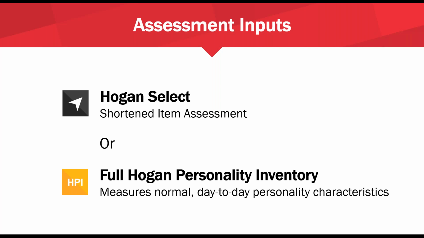So if the organization's also using Hogan for looking at talent promotion, the individual is going to need to reassess if they have a full standard Hogan profile set up for that supervisor role. Some organizations don't mind that approach, because the incumbent trying to promote feels like they're given a fair shake. Other times organizations say, because of the way we use assessment throughout all of our hiring and talent management processes, let's ask them to spend 10 to 12 minutes instead of 6 to 7 and just get all the data we might need for the future.